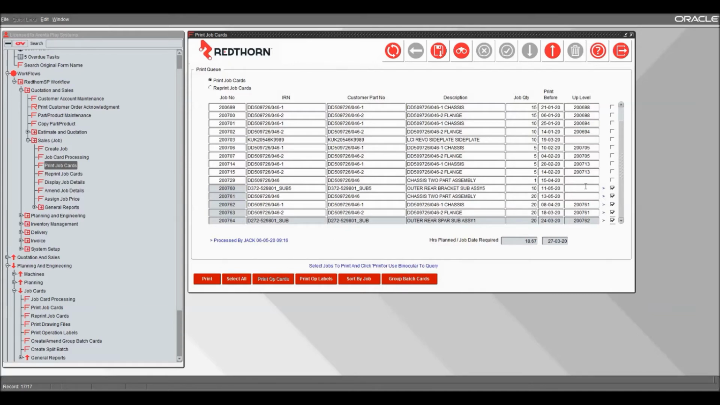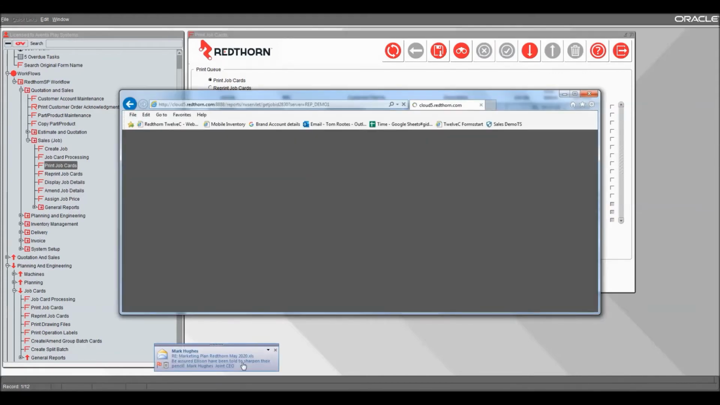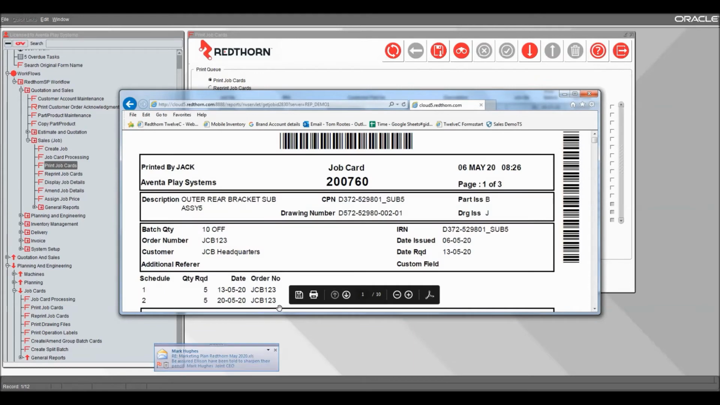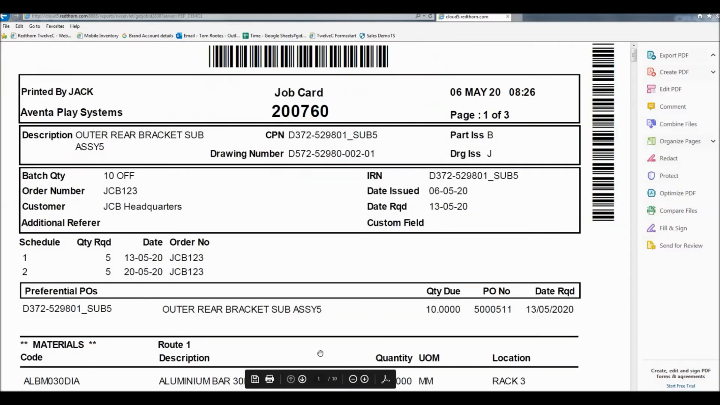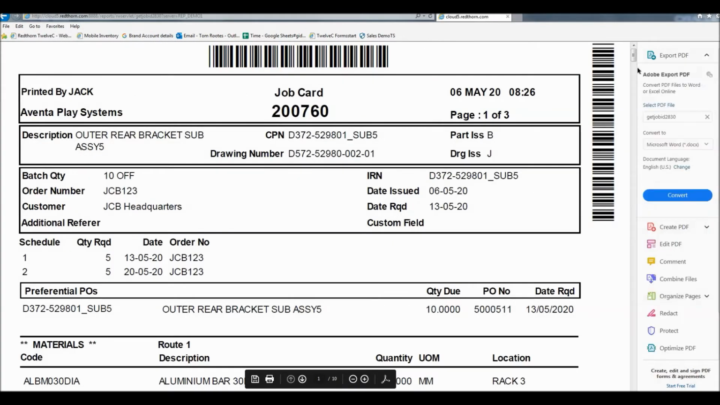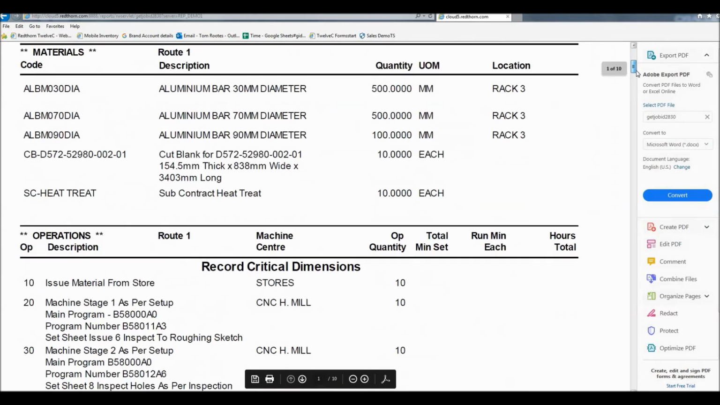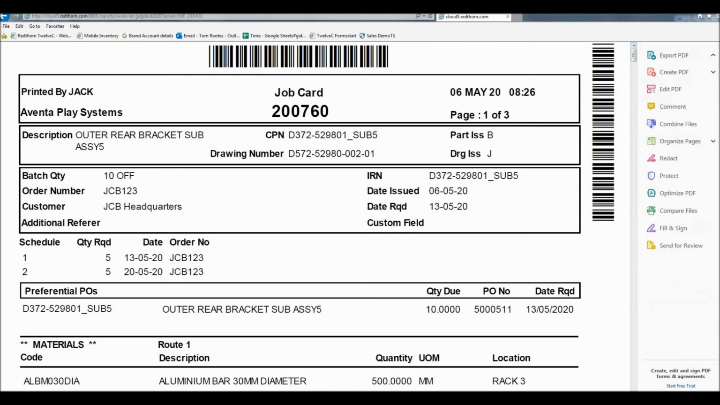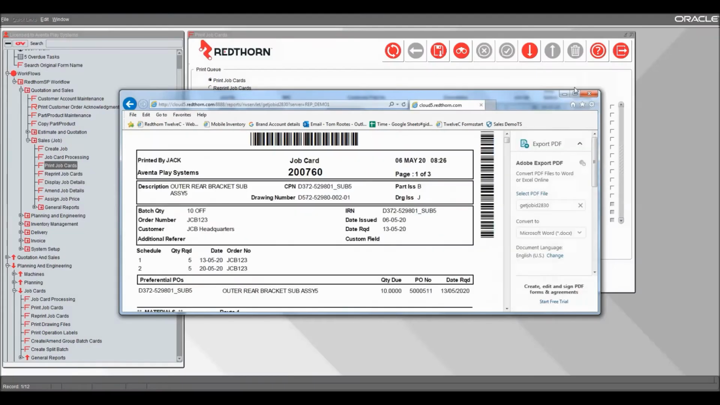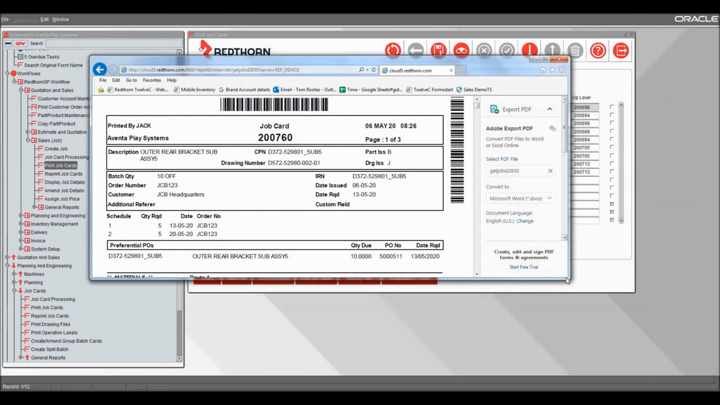In this case, I'm just going to print those jobs, and if I print them, you can see that so I've just printed the cards,